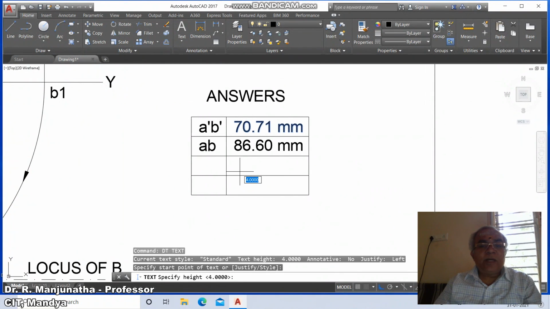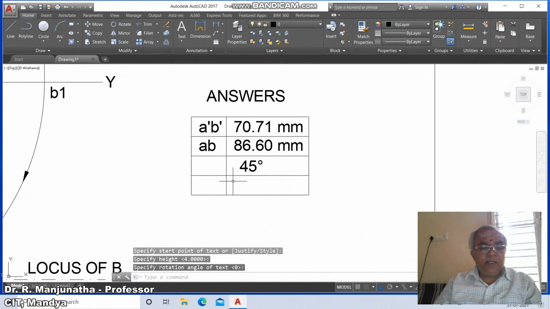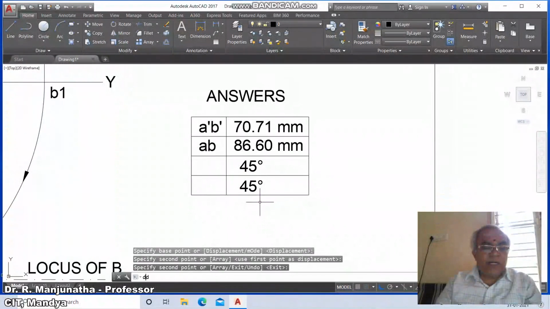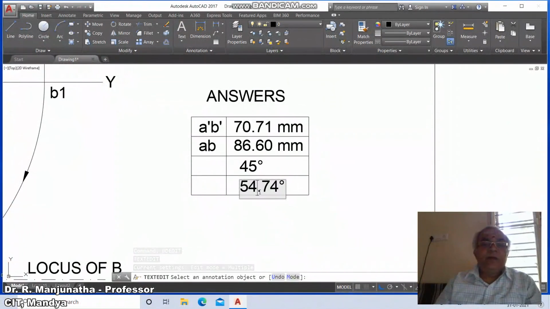here you just click over here and type 45 percentage D for degree symbol. Similarly, you just copy this from here, you copy to the next one and now we want to edit, so DD edit this line and make this as 54.74 degrees.